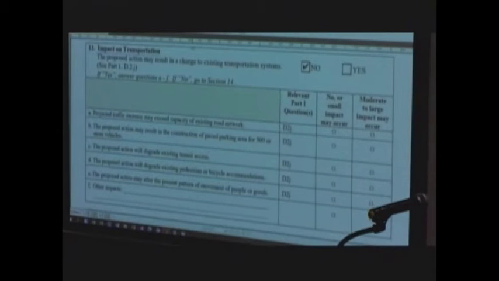We don't anticipate an impact on transportation. Work will be largely within the confines of the site. Certainly there'll be some construction supplies being delivered during construction, but really no significant impacts. We're not changing any traffic patterns, not creating any more traffic through the project.